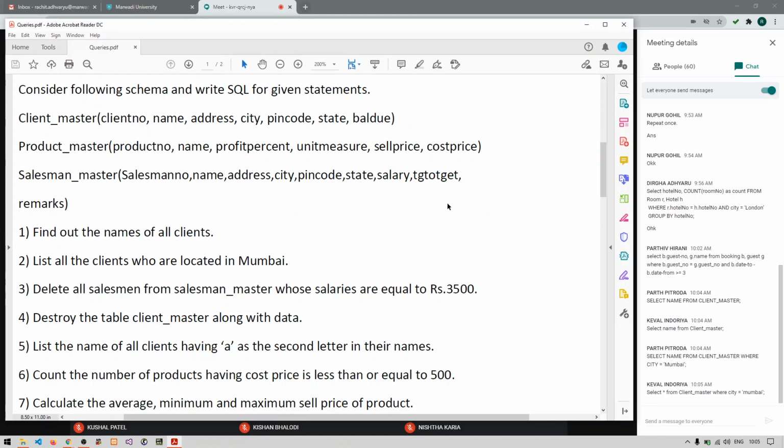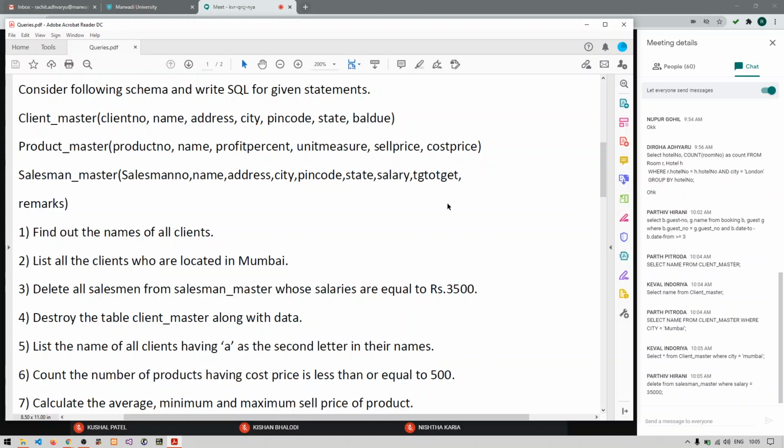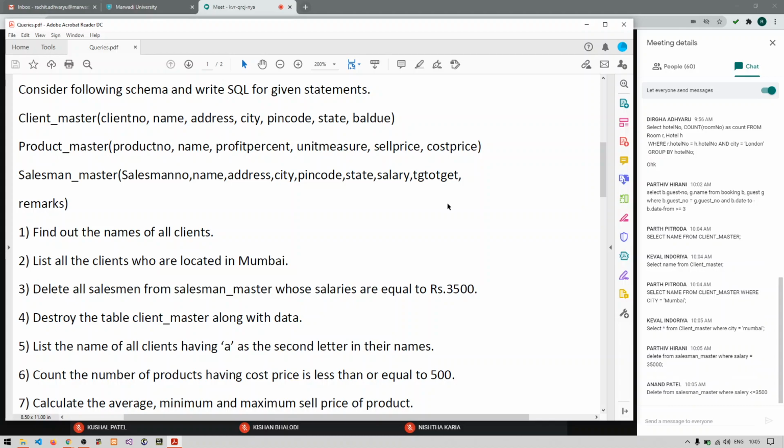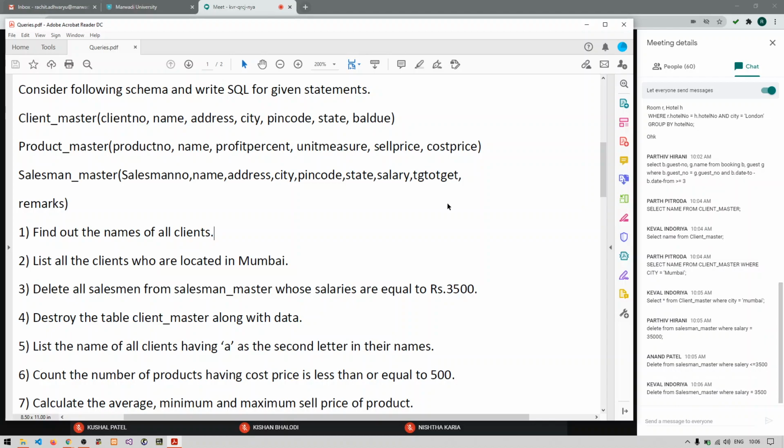Delete from salesman_master where salary is equals to 3500, because it is saying equal to, not less than or equal to. Yes, Anand, just see the question properly.